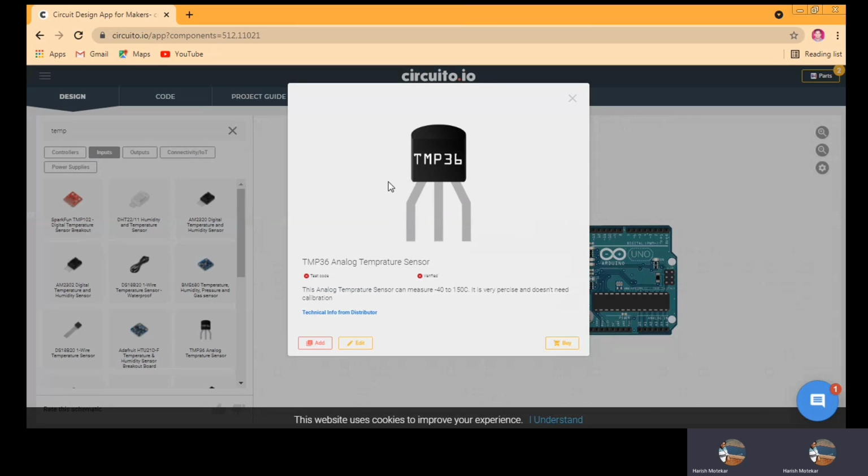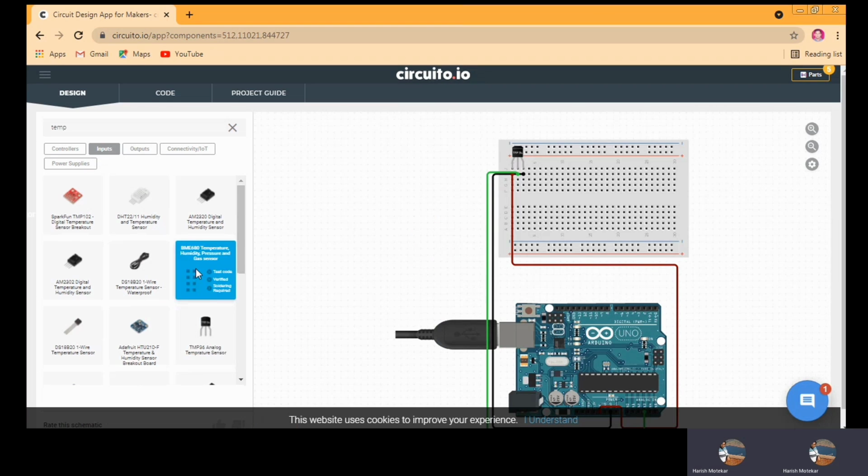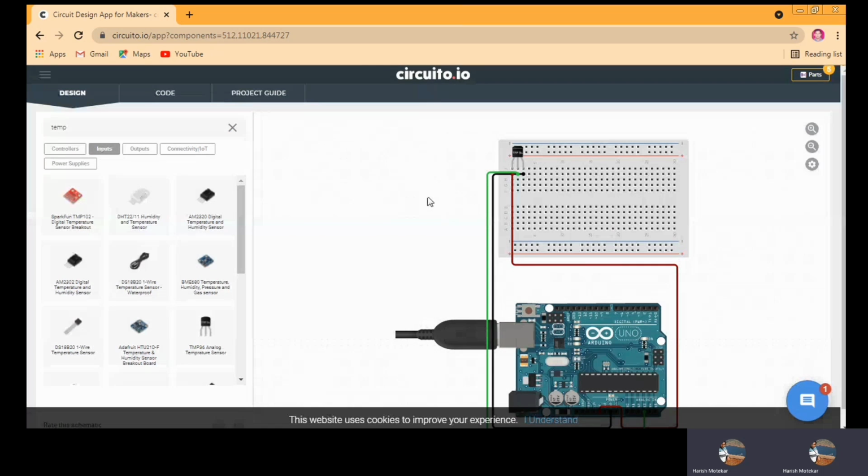Once I click on the temperature sensor, as it is not available in our board, it will ask us to add. When we add a controller board and we already have a controller board, that's why it was showing swap. Now I'm adding it. You can see that when you click on any board, it also gives you the option to buy. See here, it is the option of buying. If you want to edit the details, it is given here. You can read about the controller, or whatever sensor or board you are using. All the details are given here. So this is one of the benefits of this.